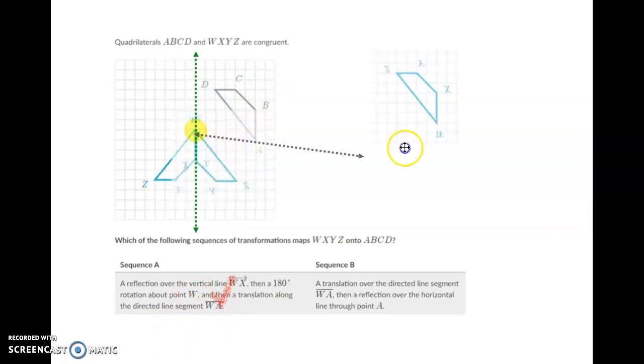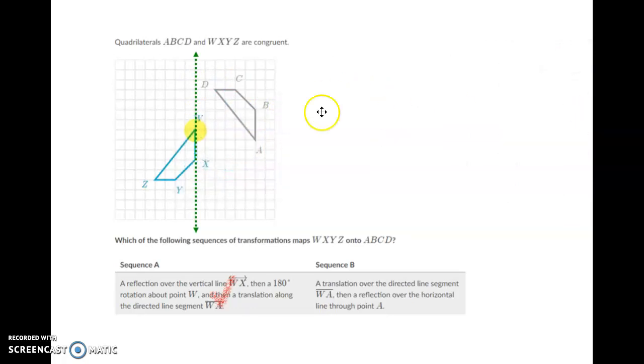So let's back these things off now, and let's take a look at our last one, and we'll be done with this. Okay, the last one says, translate or slide over the line segment WA. Here's W, and they want us to slide it to A. So I'm going to put that line on there going from W to A. And so we take this image and we slide it along the line to A like this,